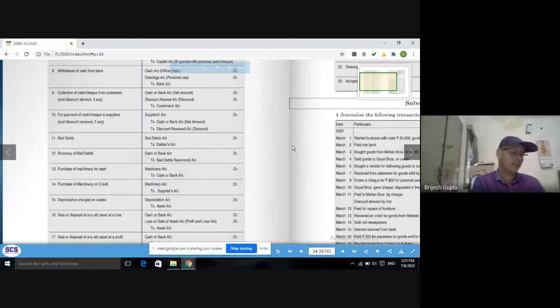Is it clear? So this is the decrease in expenses. Purchases are the expenses, increase in expenses, and purchase return is the decrease in expenses. Okay, purchase has been reduced. So that's why purchase return account is credited. Purchase account is debited because it is increase in expenses, and purchase return account is credited because it is decrease in expenses. So three entries: cash purchase of goods, credit purchase of goods, and purchase return.